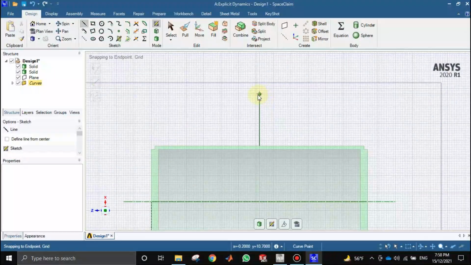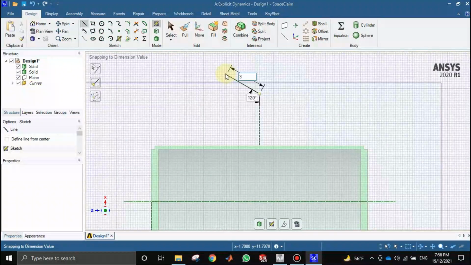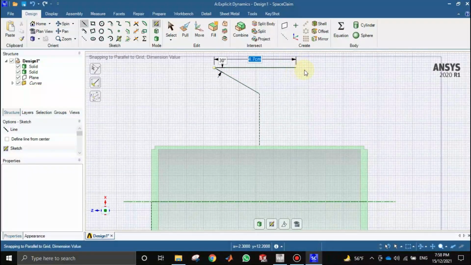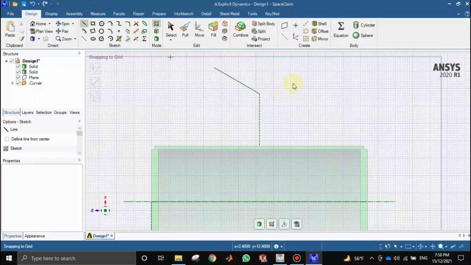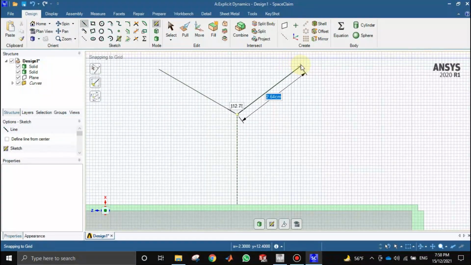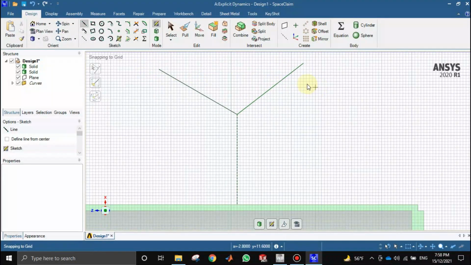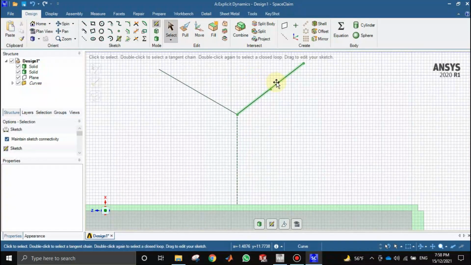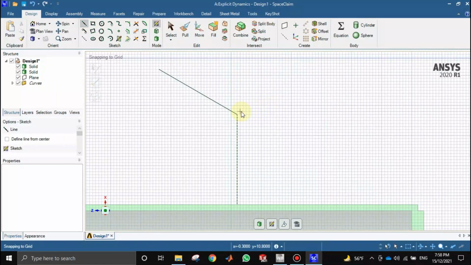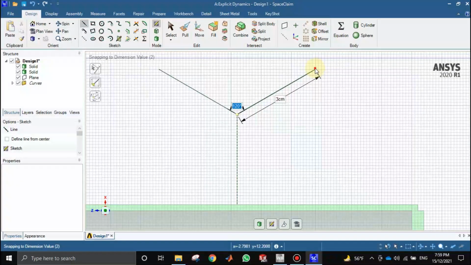Now the die will have a rectangular shape. Set it to 3 distance, 3 millimeters. Another line. Delete it. So here we go.